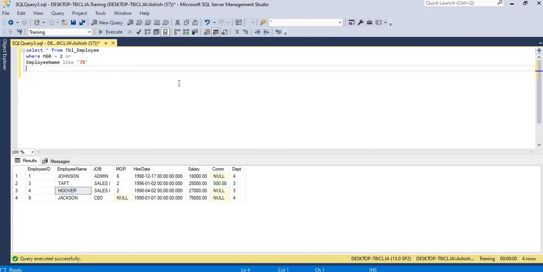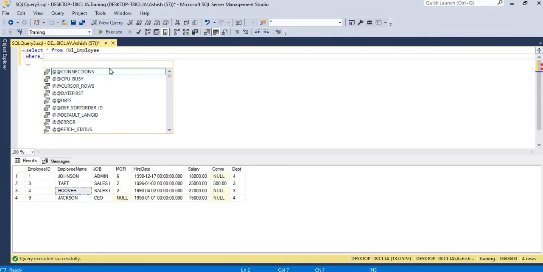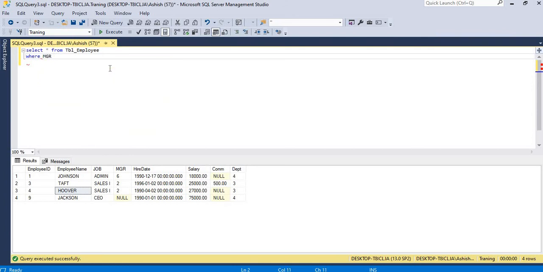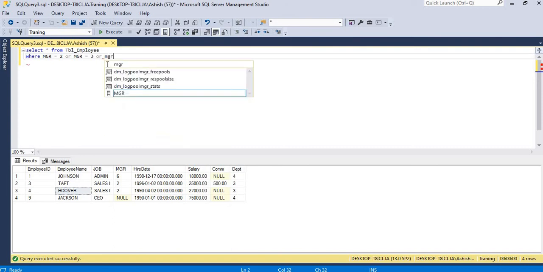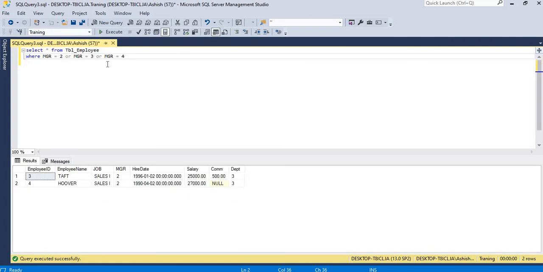See, why I explained OR and AND first is because when you use the IN function, what I am saying is manager equal to 2 or manager equal to 3 or manager equal to 4. So multiple conditions I have written. I think for manager 3 and 4 there is no one, so it's not returning any record.